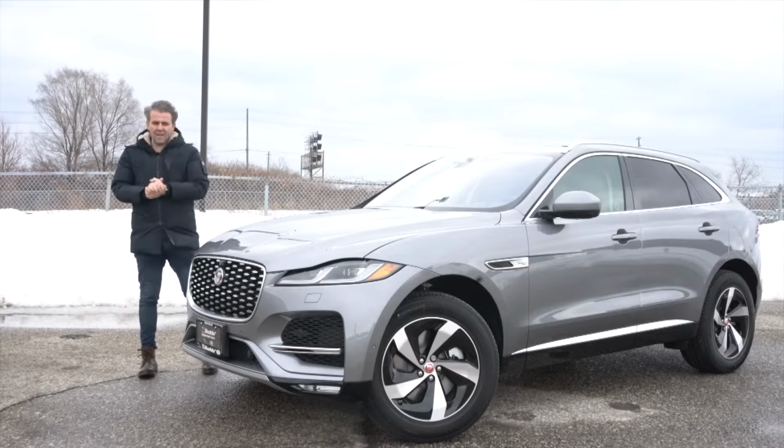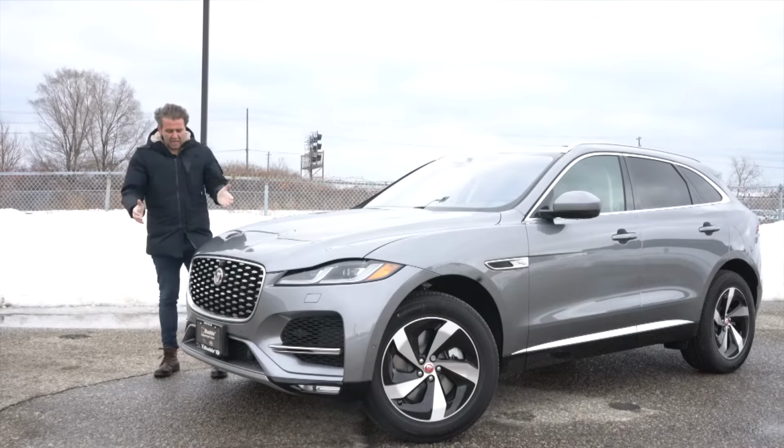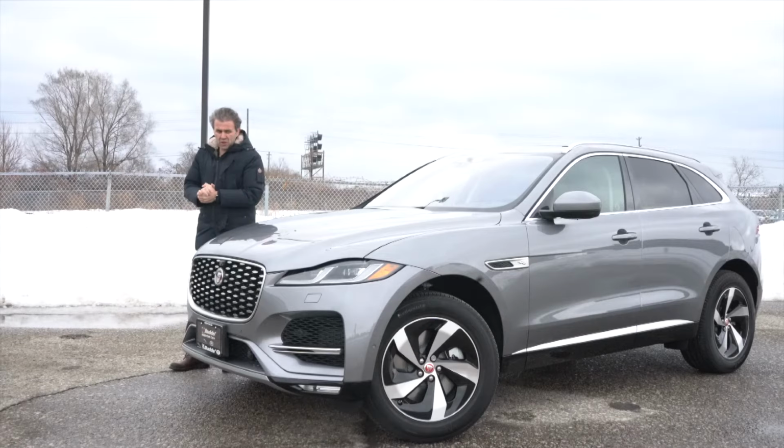The 2021 Jaguar F-Pace has arrived, and today I'm going to show you everything you need to know about